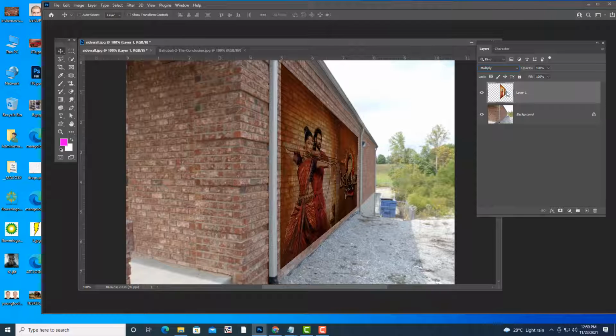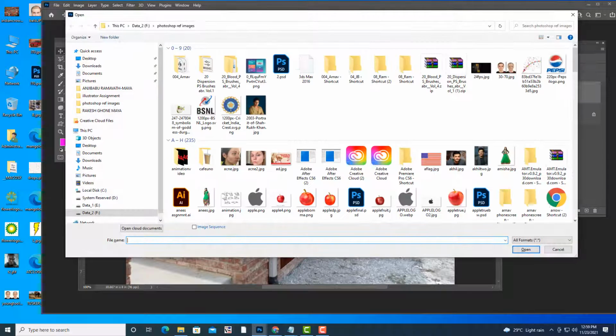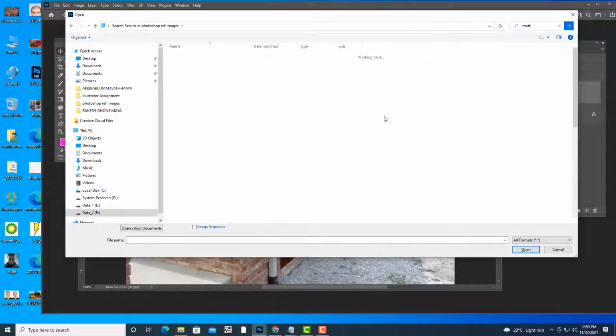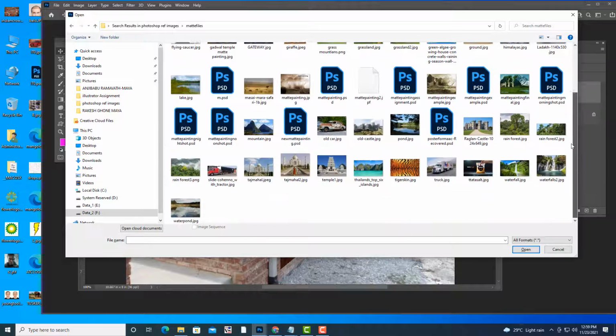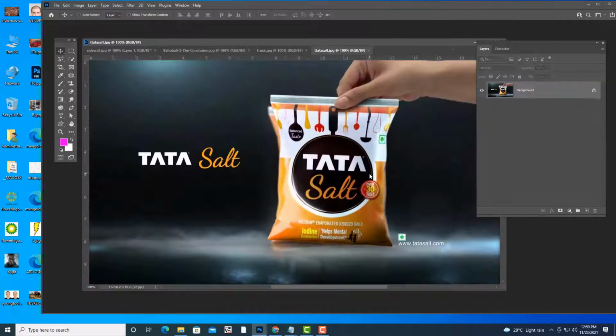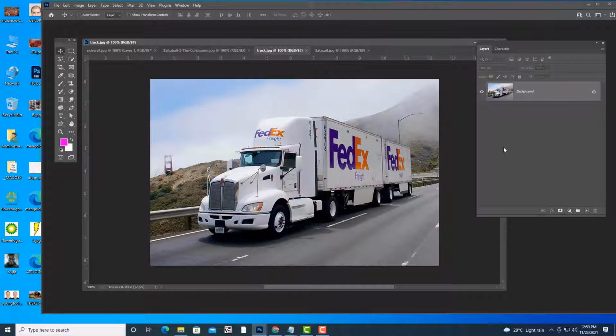I will show you a similar example. So I am going to open this image of a truck. This is a truck image.